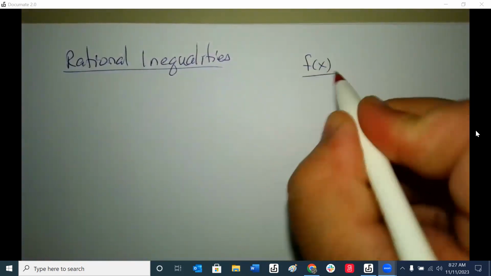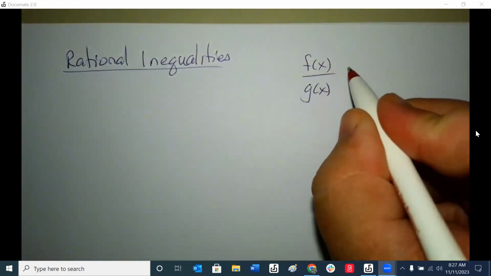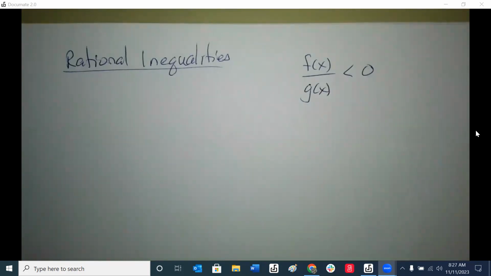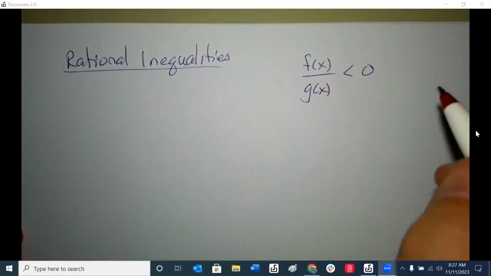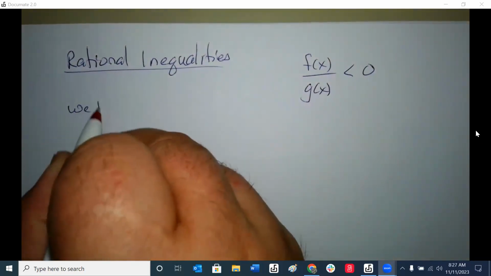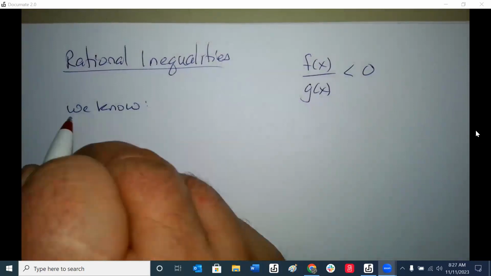All right, the other half of the coin here is now rational inequalities. So this is when we have two functions, one on top, one on the bottom, and we look for some inequality. Since this is a function with respect to x, top and bottom, one thing we know for sure. We know two things. One,